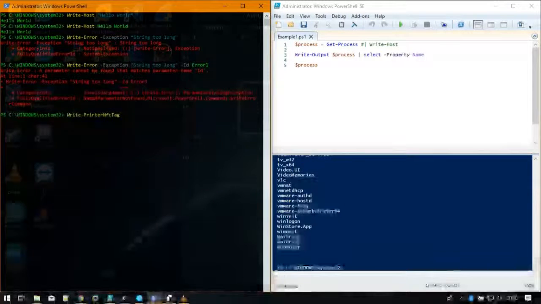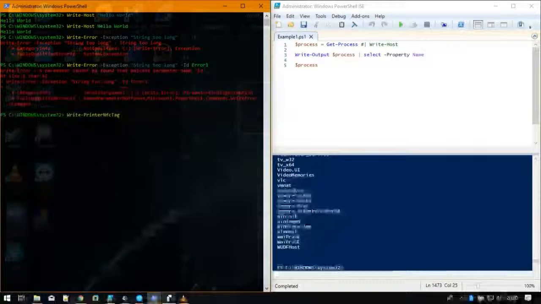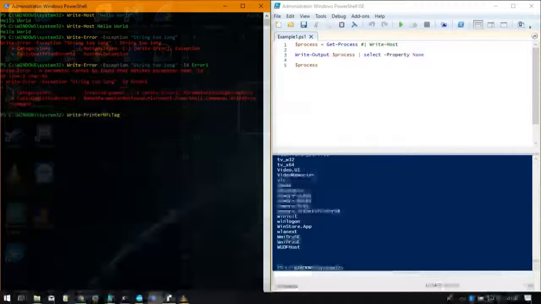So basically the main point I'd say to take away from this is the difference between write-output and write-host. The good thing about write-output is that it sends the data through the pipeline as an object, so you can actually manipulate it. Write-host literally just outputs that text to the command line, so you can use it if you're writing a script and at this part of the script you're not getting any error messages. You might have it in a try catch by accident, or an if or an else statement,